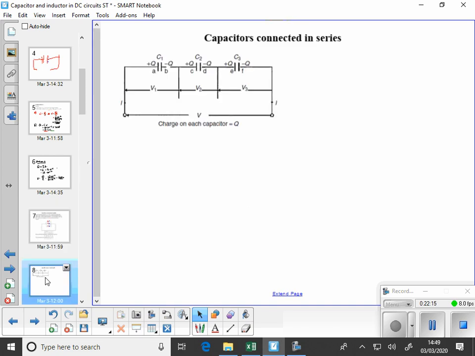So if we look at capacitors connected in series, that's a whole different kind of ball game. If we think of it in terms of resistors, if we connected 3 resistors in series, we would share out the voltage between them by Kirchhoff's voltage law. Dependent on their size, they'll all get a share of that voltage. So if they were all the same value, then they'd all get the same voltage. However,